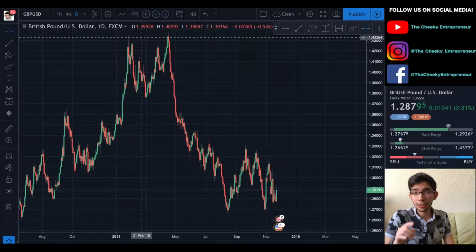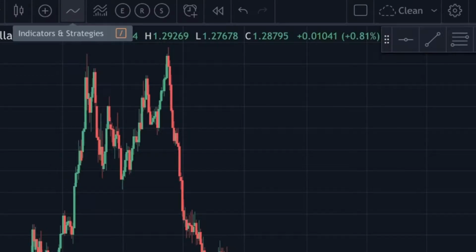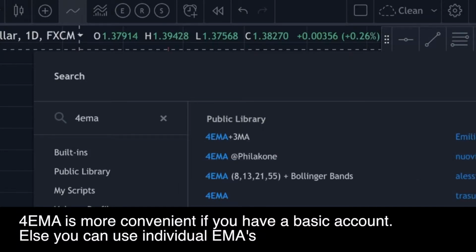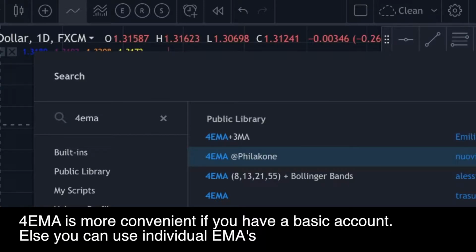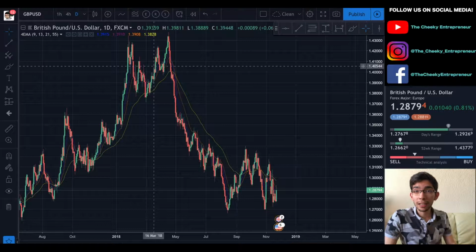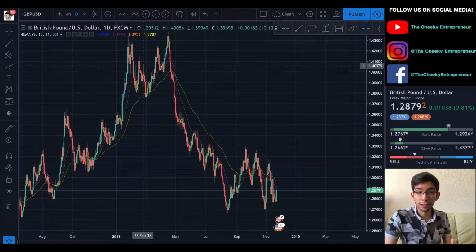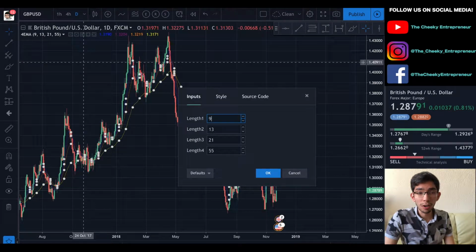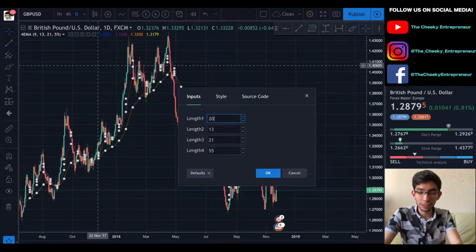So the first thing that I want to teach you is how to set them up in TradingView. So the first place where you need to go is, as usual, indicators and strategies, and you're gonna be writing EMA, and you're gonna be using this one, which is the most liked. I'm gonna teach you how to set it up. So basically the most important moving averages or exponential moving averages are the 20, the 50, the 100 and the 200 EMA. So if you want to change this in TradingView, you're just gonna go to the cog over here and you're gonna change the length to 20, 50,